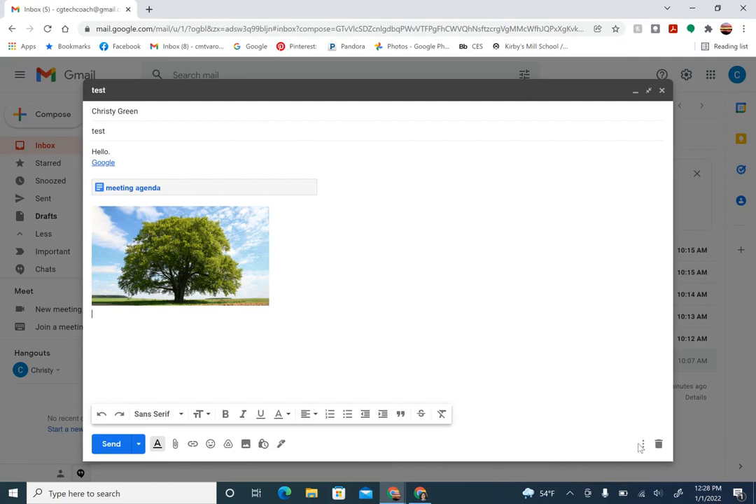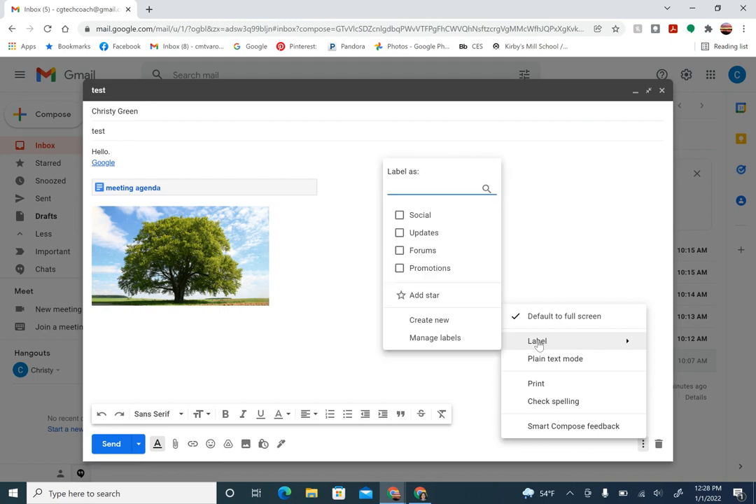Okay, also down here are these three dots I went to earlier to default to full screen. But what's nice is if you decide to use labels, which remember are like folders, you can assign a label to this message before I even send it. So I'm going to type meetings,